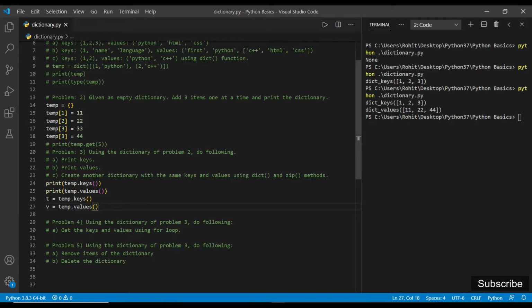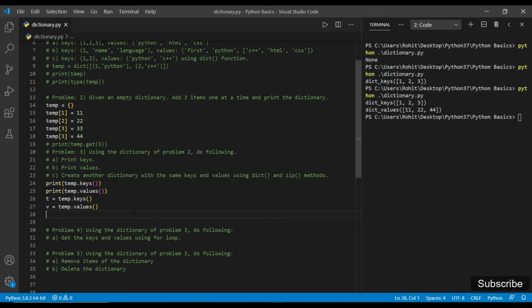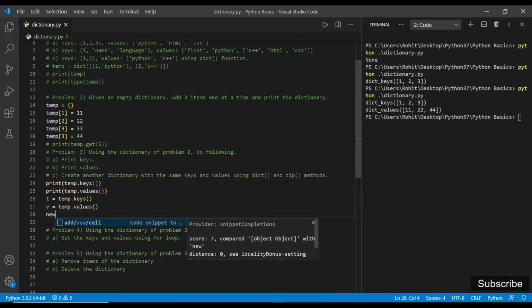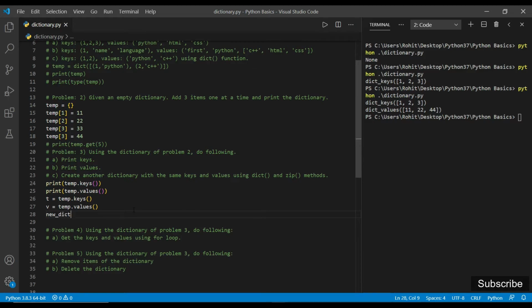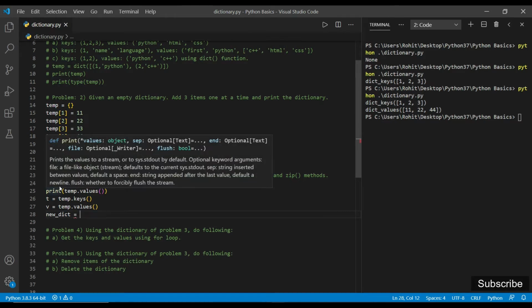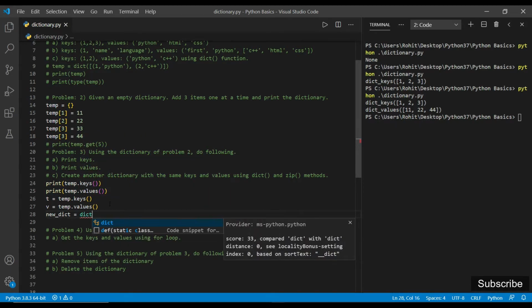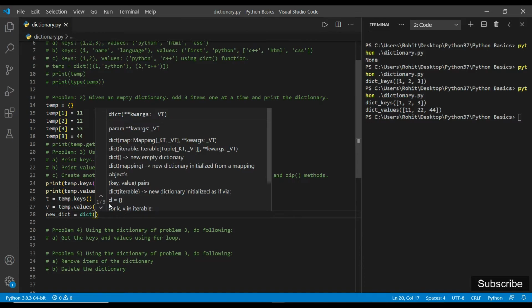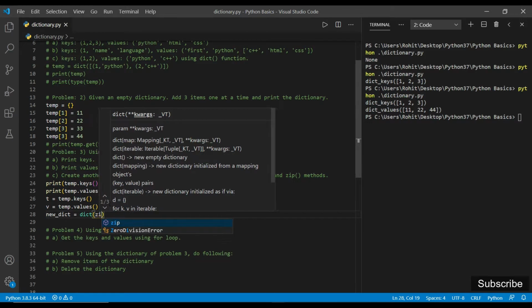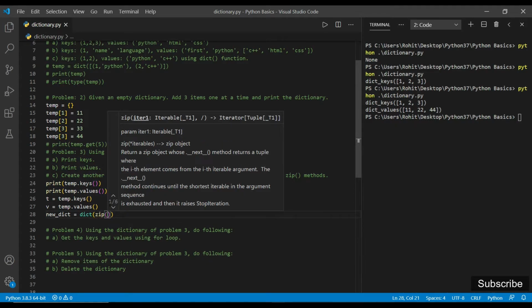Now we have to use these keys and the variable v to create another dictionary. Let's say we have another variable, new dictionary, and we want to make this dictionary using the keys of temp and the values of temp. So we write the method dict, and then inside parentheses we write zip, and now we have to provide the keys and values.